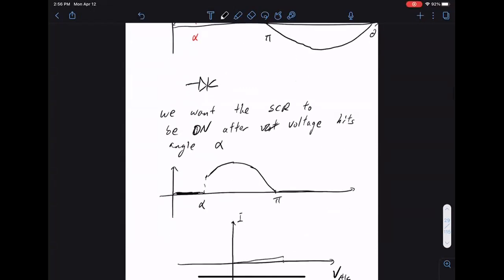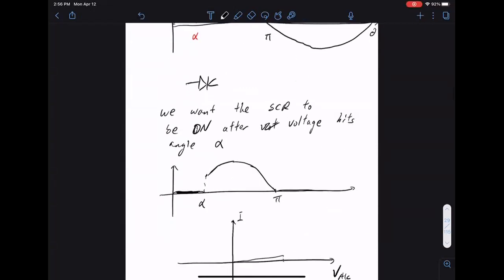You're getting nothing. We're not letting the current pass. This still acts like an open circuit. Once the voltage is bigger than this,